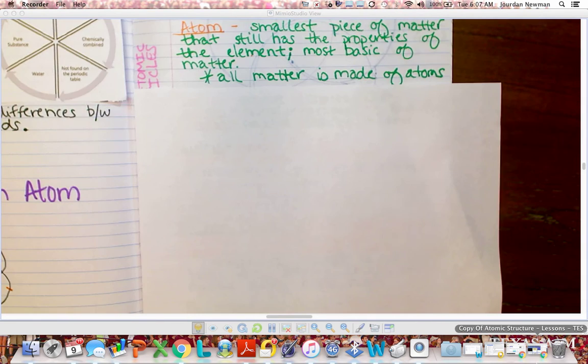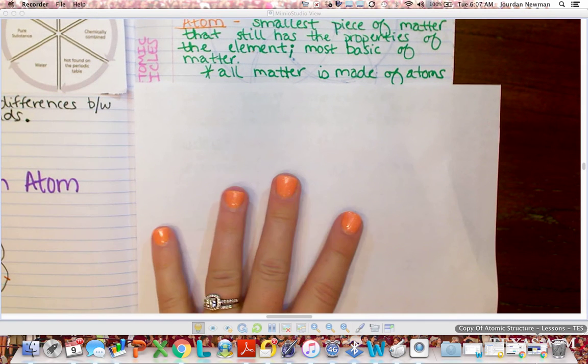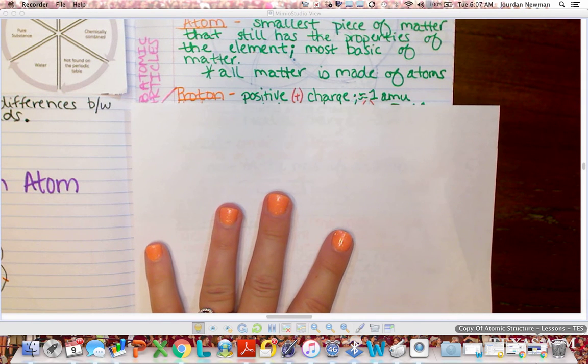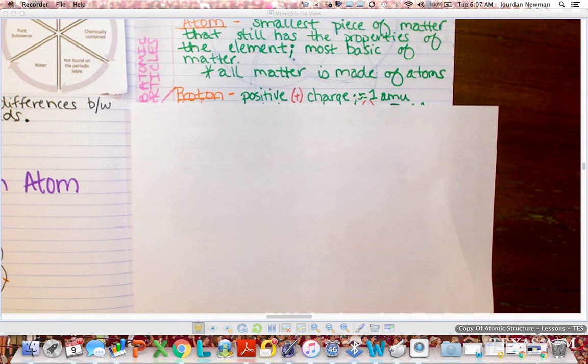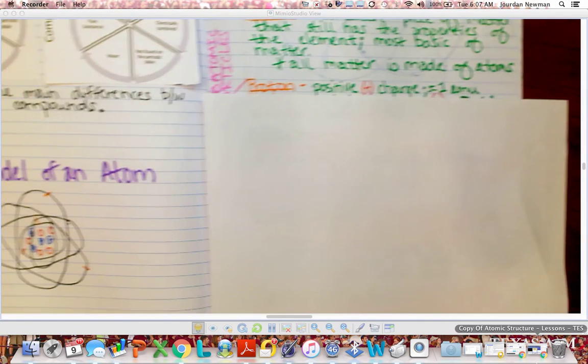Okay, now to get to the basic structure of the atom. The first part of an atom, one of the subatomic particles, is called a proton. It holds a positive charge, and it has a mass of about 1 AMU, and AMU stands for atomic mass unit. Okay, so if we go back over to our model,